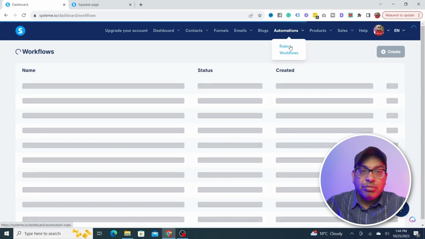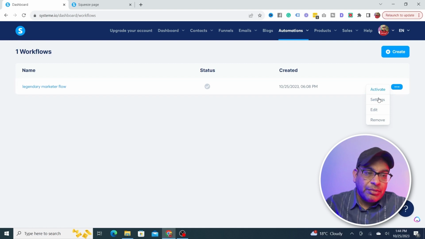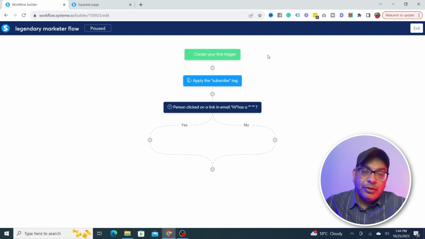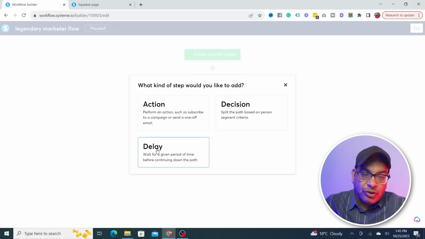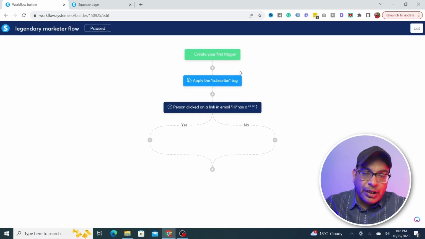And the workflow, for those of you who are familiar with different email marketing software such as ActiveCampaign, GetResponse, the one that I'm using, they have these workflows so that you can do it. And it's pretty good that you get this with a free account. So you create your first trigger, and what actions you like, delay for a period, action. You can click on it, choose an action, apply a tag,